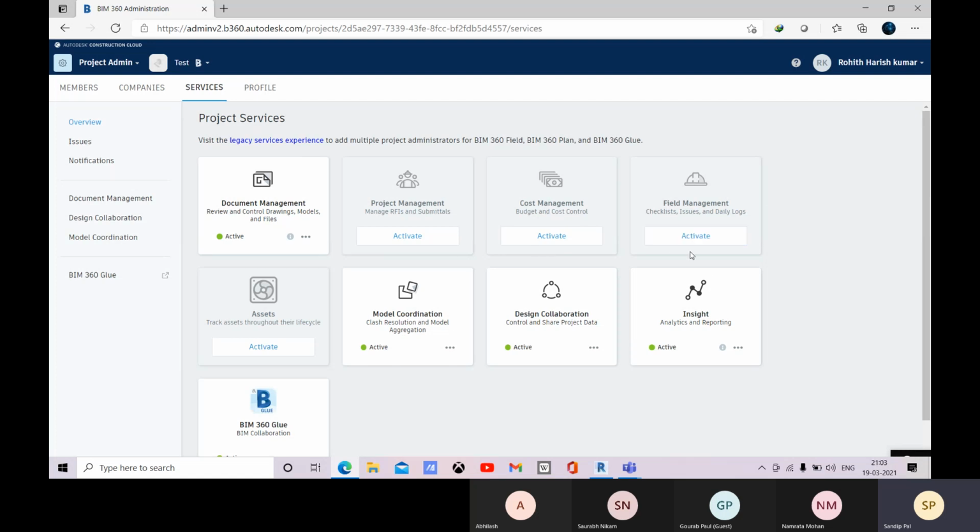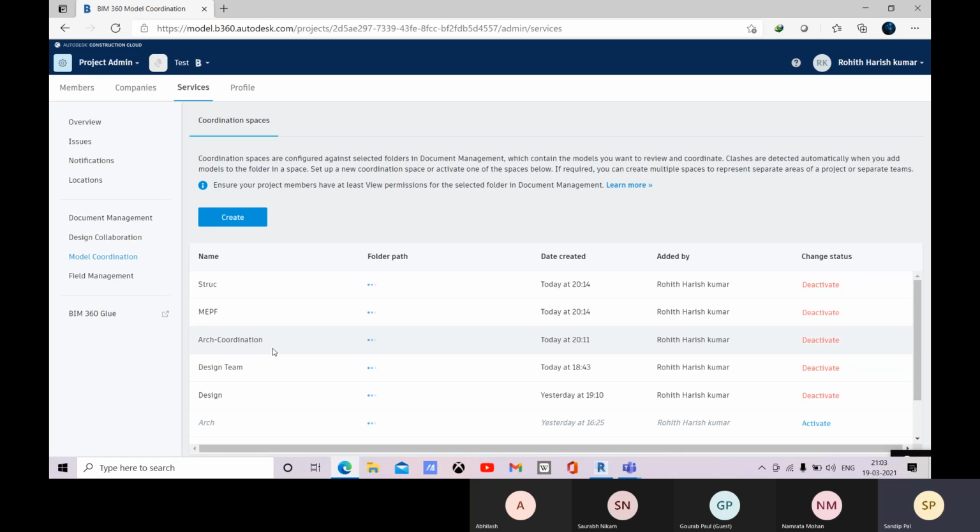This thing I need to activate if I need field management, that is for our BIM 360 Field, right? So in the next class I will cover this BIM 360 Field option. Let me activate it from now, and let me come to this model coordination there. Okay, so there is nothing now. Now let me come to this model coordination.